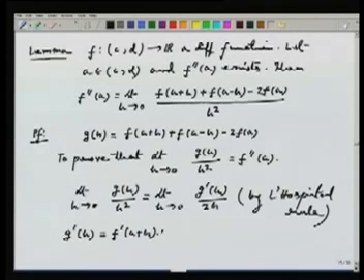So this is times 1, plus f'(a-h) times the derivative of a-h as a function of h, which is minus 1. The rest is constant. 2f(a) does not involve h, so the derivative is anyway 0. So what we get is